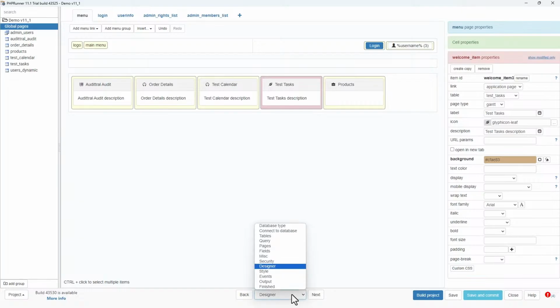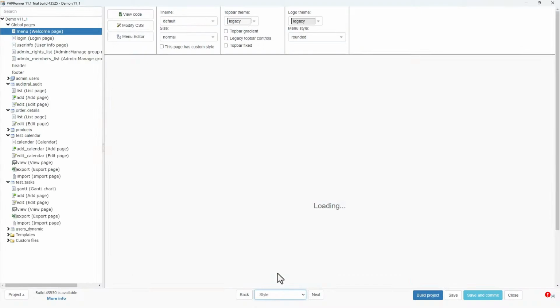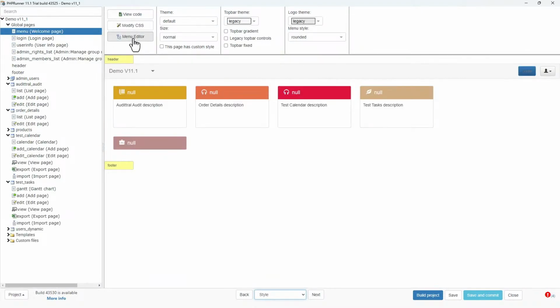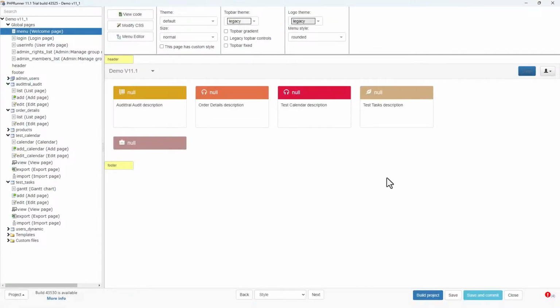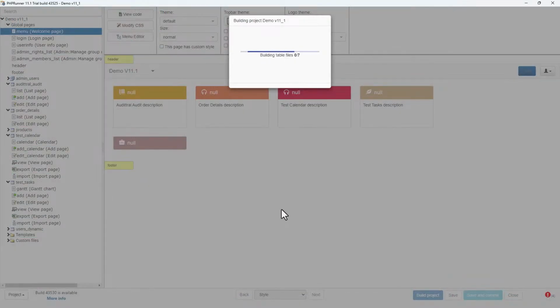You have to now go to the style editor, and on the menu editor over here you click on a button, and you can see that we have two products and two tests. So I will, oh, now hopefully it's only going to delete one. Let's just try. Yeah, it only deleted one. Okay, and the products, we will delete products. It's the beta version, so that's a small thing that I'm sure can be fixed, or it will be fixed.